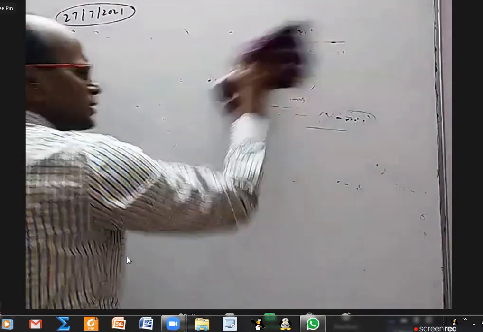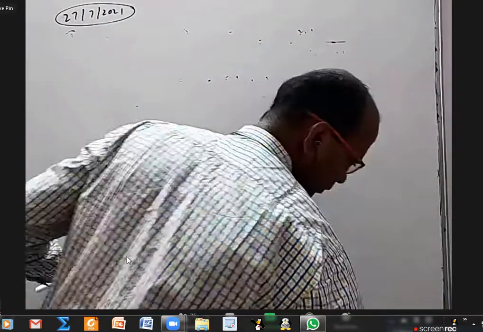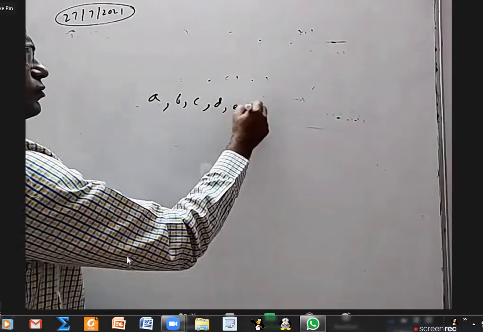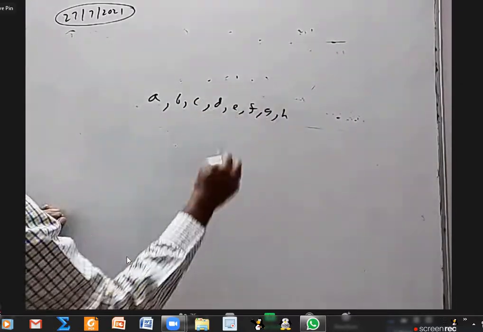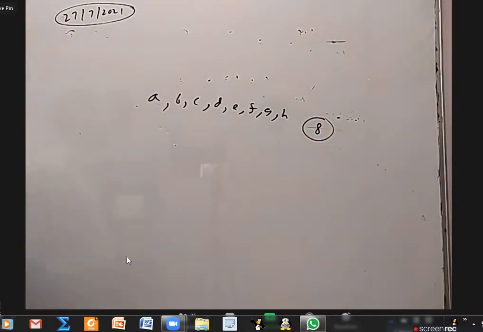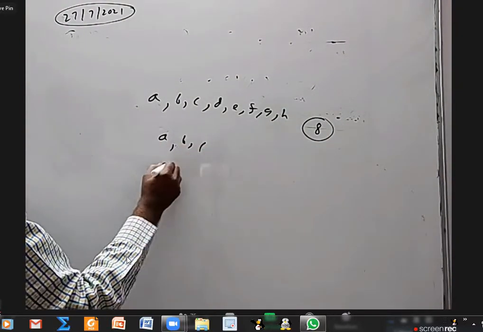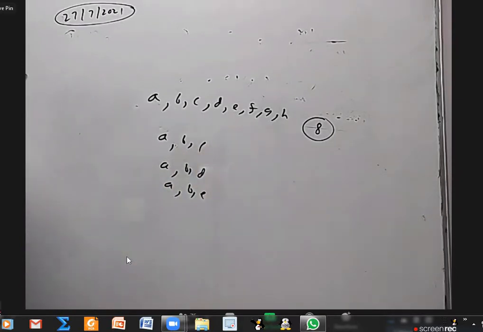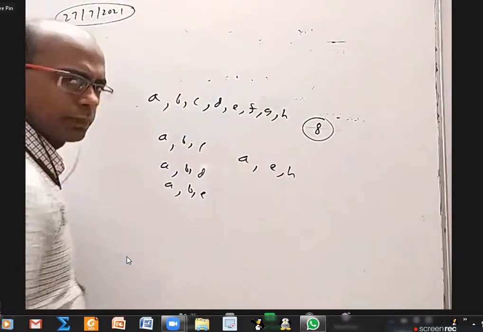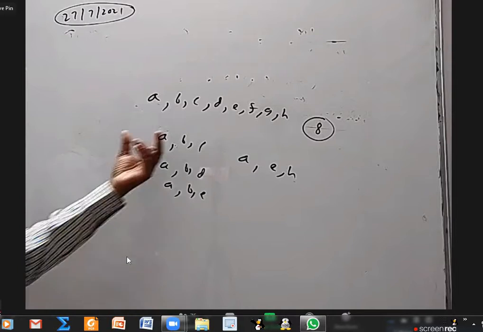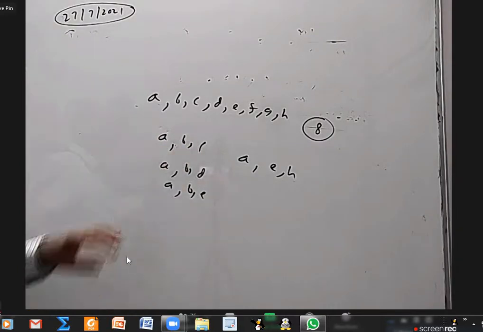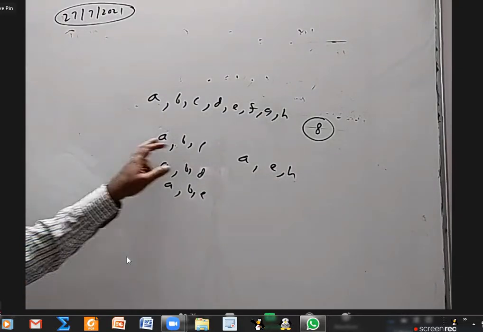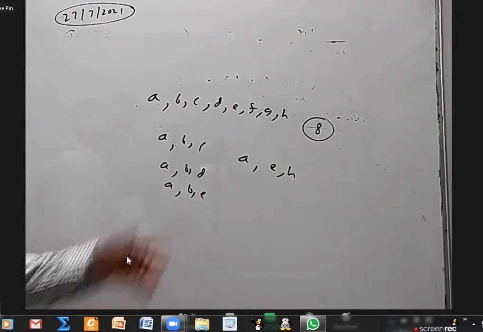Okay, I don't need the answer exactly now, we'll discuss it in the next chapter, but just giving an idea. Let us say A, B, C, D, E, F, G, H. Some 8 items are there. From this I have to select 3 items. I can select A, B, C, I can select A, B, D, I can select A, B, E. If I write, so many cases will come, right? I can select A, E, H. It is not an ordered selection, just 3 items. I'm not going to consider ABC and BAC and CAB as 3 different things. Selecting ABC is one case, selecting ABD is one case, selecting ABE, like that.